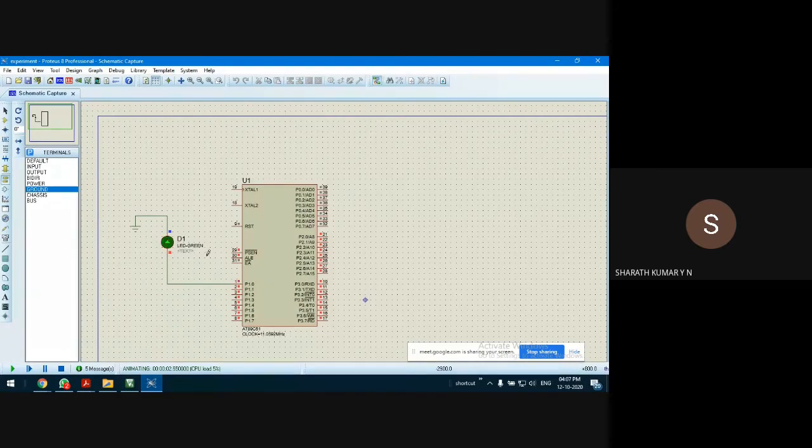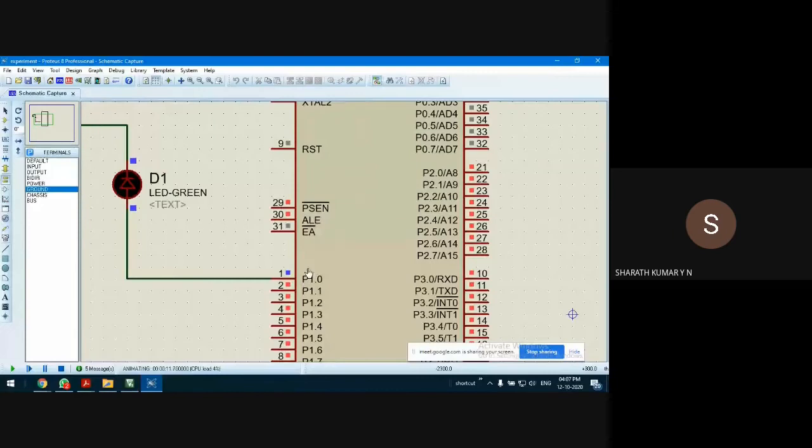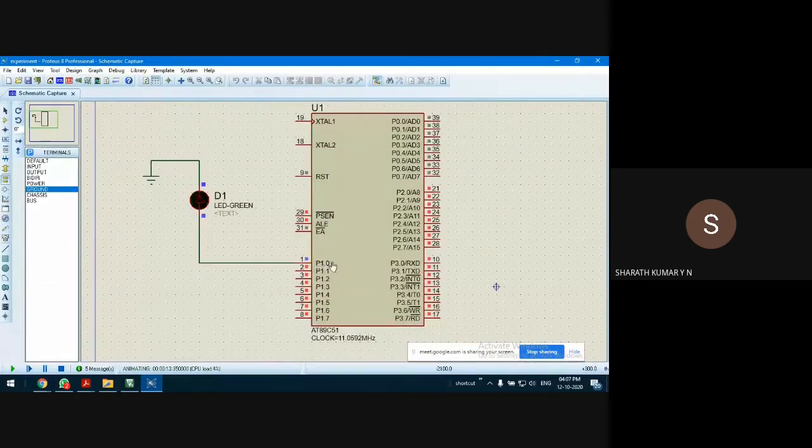This works fine. I changed this because, as I said, the anode should be at higher potential than the cathode. If you connect the anode to the pin, the cathode should be at the ground, because pin P1.0 is blinking. Guys, you can see the color changing at P1.0. That shows it is blinking. It's just an animation. It shows the pin is blinking, going from 0 to 1, 1 to 0. So when it is 1, that is the anode is at 1, the cathode is at 0, the LED blinks. If you connect the cathode to the pin,